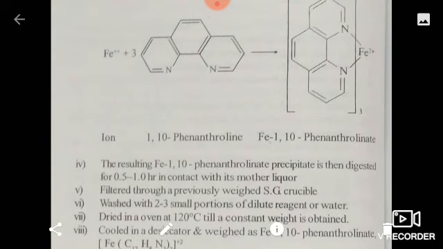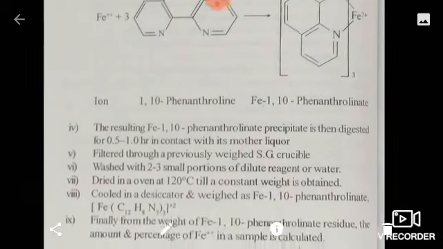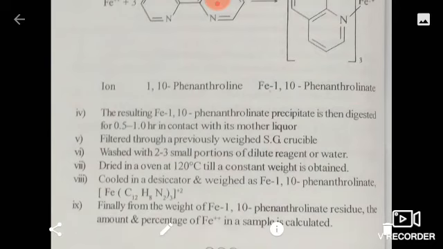Then it reacts with the iron to form a coordination compound, that is the phenanthroline three compound. So the resulting 1,10 phenanthrolinate precipitate is then digested for 0.5 to 1 hour in contact with